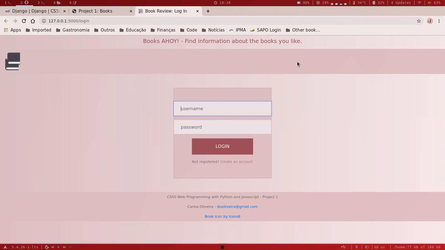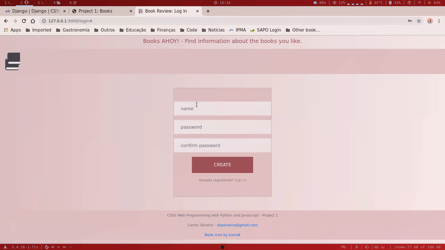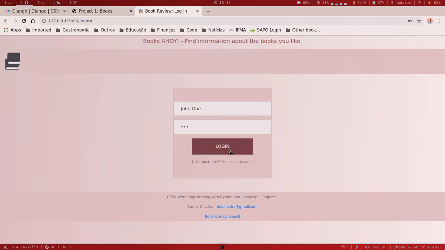Right, so if I launch the application and then I go to the URL, this is the entry page, where you can type in the username. If you were not registered, you could create an account where you have to put the name and password two times, but since you're already registered, you just have to sign in. And so if I click login,